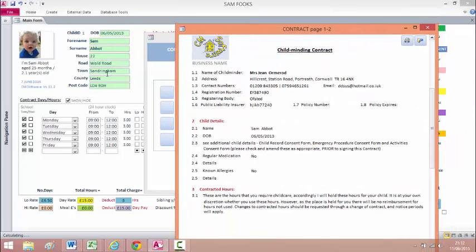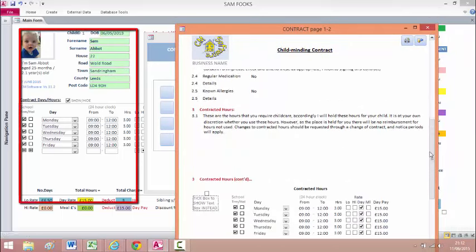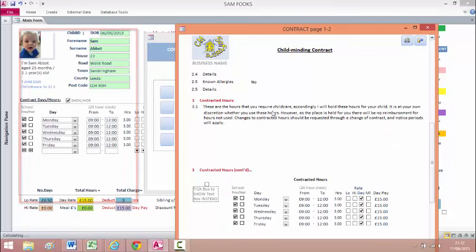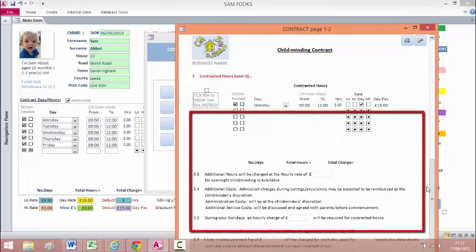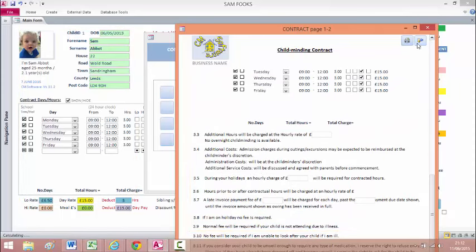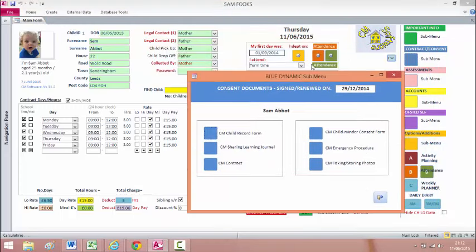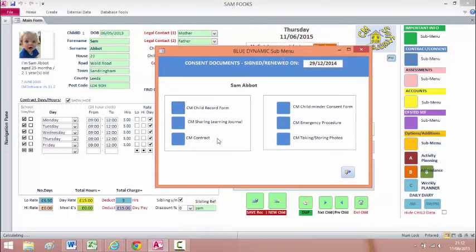So some of the information from the main form will be automatically populated into here, but the body of the contract is not editable, apart from putting in the costs or your hourly fees. Now if I open this one, this is the dynamic contract feature. So what this does, it gives you the opportunity to edit, add or remove any information from the contracts that are currently in here. So if I show you the contract,